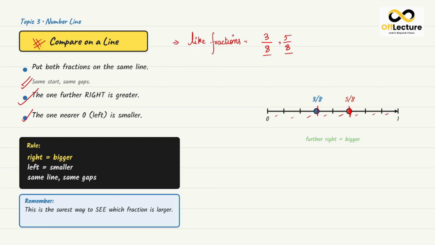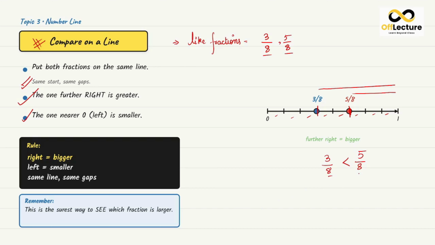Now you can see 5 by 8 is closer to 1 in comparison to 3 by 8. So 5 by 8 is bigger than 3 by 8, and this follows our normal rule also,